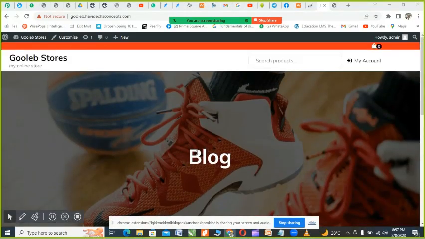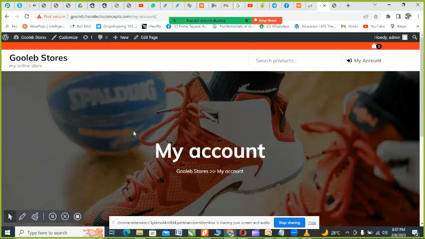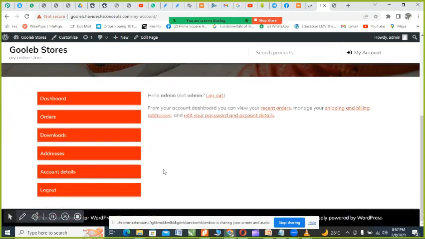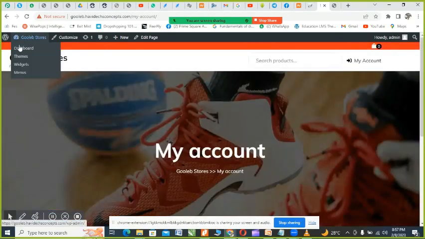So we're now going to do some customizations on it. Then if after the customization we don't like it, we can also change it. So let's go back to the dashboard. If I click dashboard,